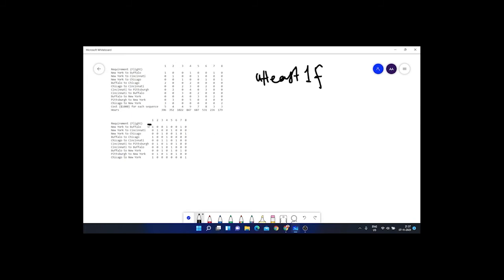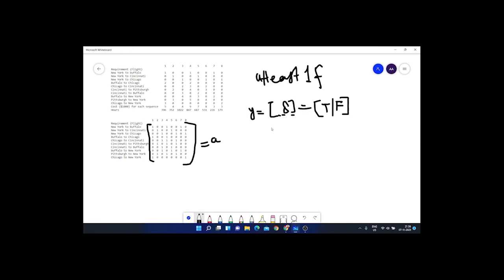We are taking this as a matrix equal to A. We are taking our decision variable y, which will be of length 8, because there are 8 sequences, and the variable y will consider true or false for each element.